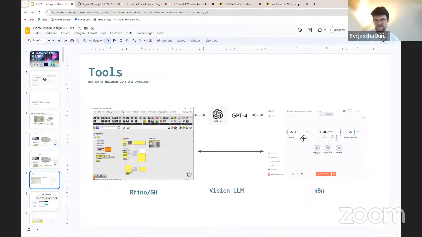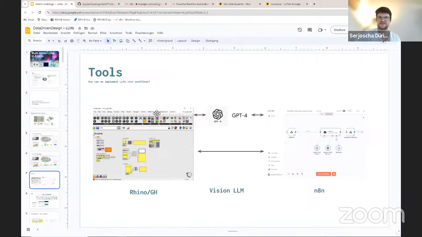And this is quite cool because you can build these flows and use them as a backend, because you can call all your workflows via an API from Rhino Grasshopper or from a Colab or anywhere else. So this is actually super cool, and I think can really increase prototyping speed.